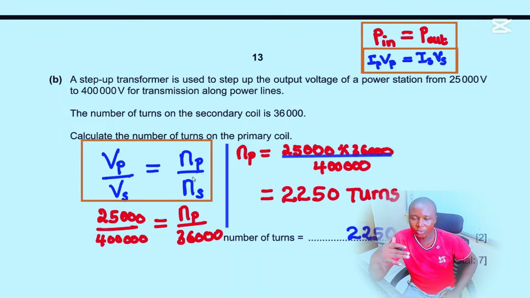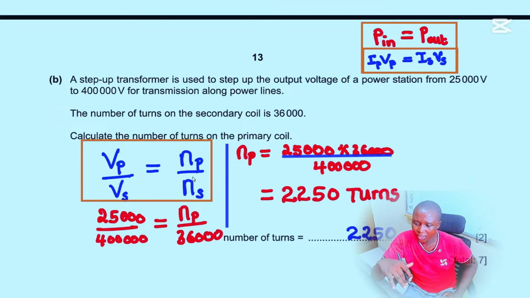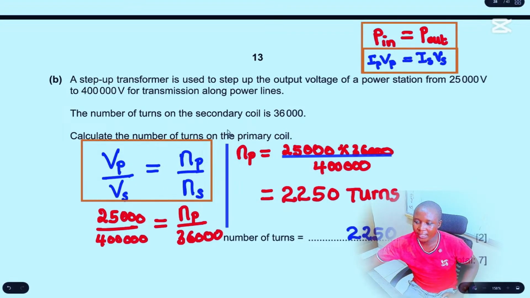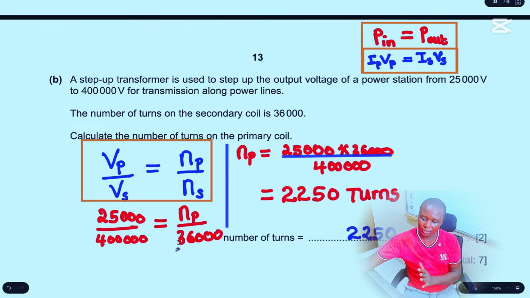So you are going to check what you are provided, what quantities you are given, and what you are finding. Now in this case, you can see we are finding the number of turns in the primary coil. So we substitute: voltage in the primary coil is 25,000, voltage in the secondary coil was given as 400,000, then the number of turns in the primary coil is what we are looking for, and the number of turns in the secondary coil is